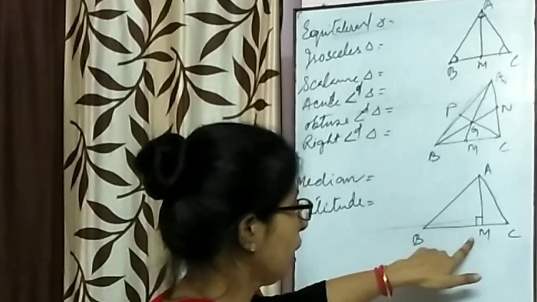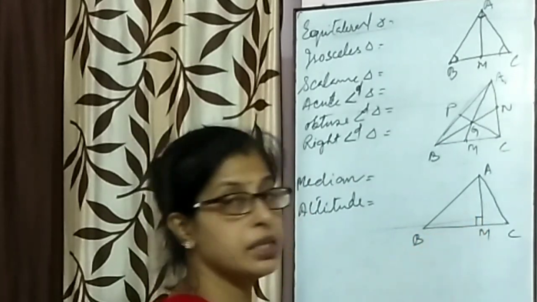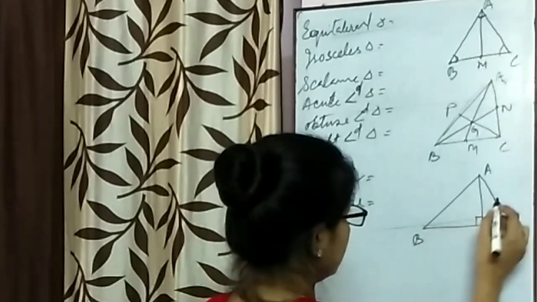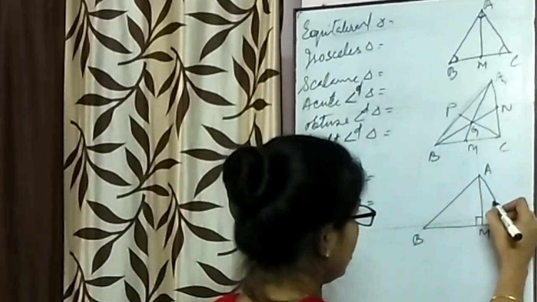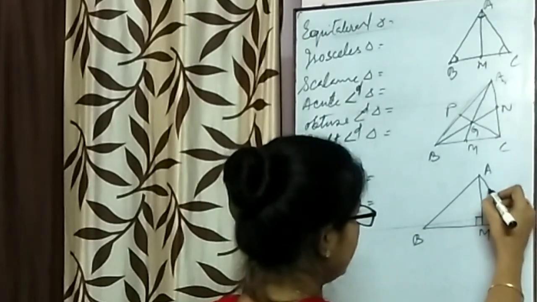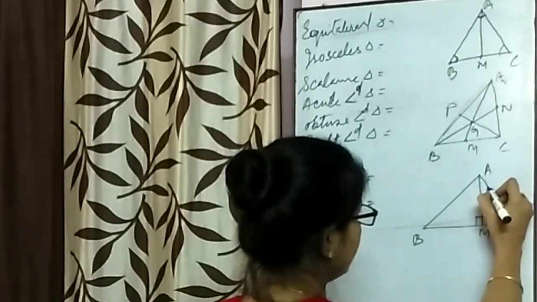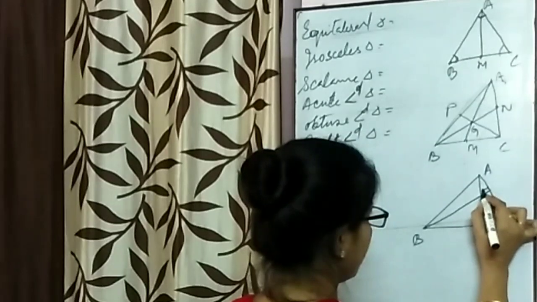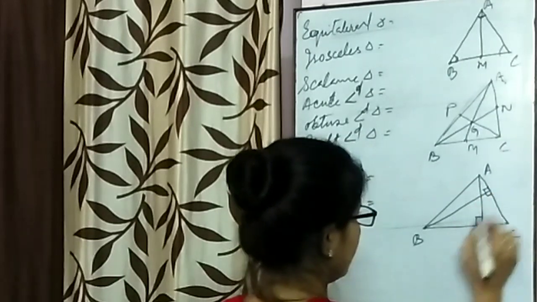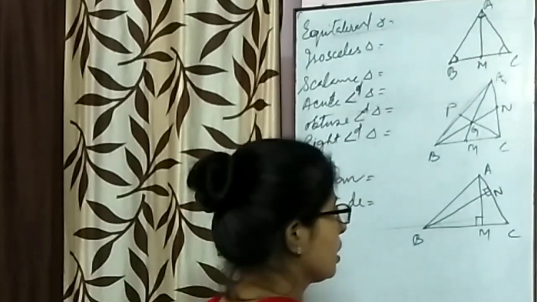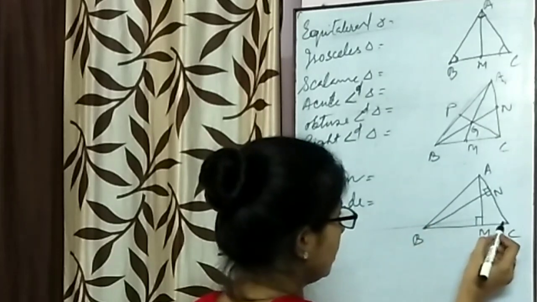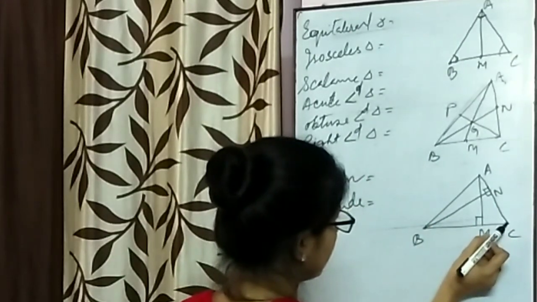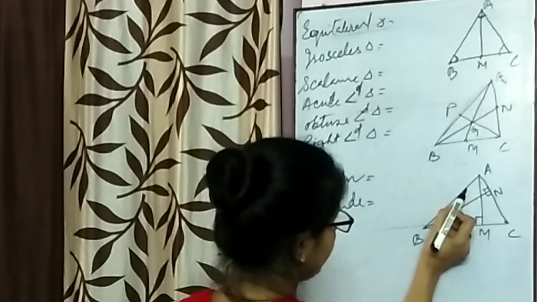We have drawn AM in such a way that it makes 90 degrees with the base. Here from, if I draw the perpendicular, it will not exactly come at the middle. Somewhere it will come, so that it makes 90 degrees. Here from also, if I make a perpendicular, it will come